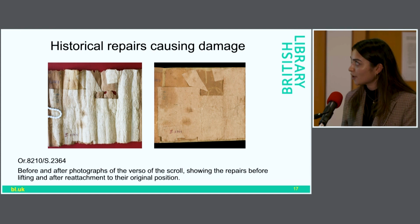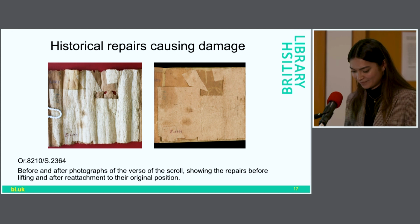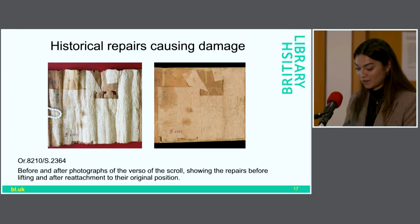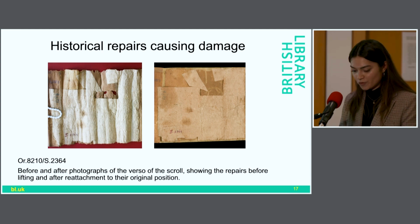So this is the verso of the scroll just shown in the previous slide. You can really see how large the repair is, how thick the paper is, and in some areas it is actually more than one layer, making it extremely thick. And as it's been pasted all over, you can understand how these distortions and damages were caused by the repair. On the right is after the repair was removed, excess adhesive scraped away gently and then reattached with Japanese paper